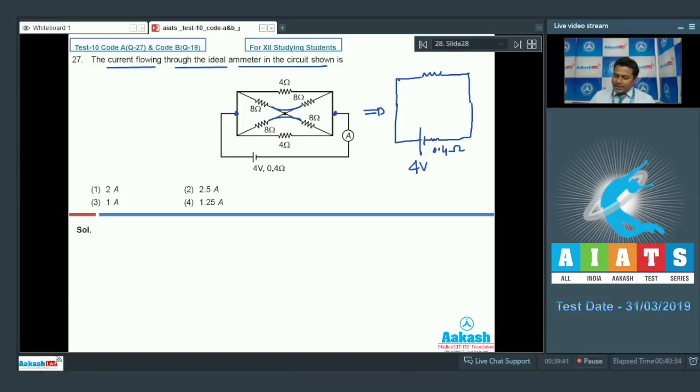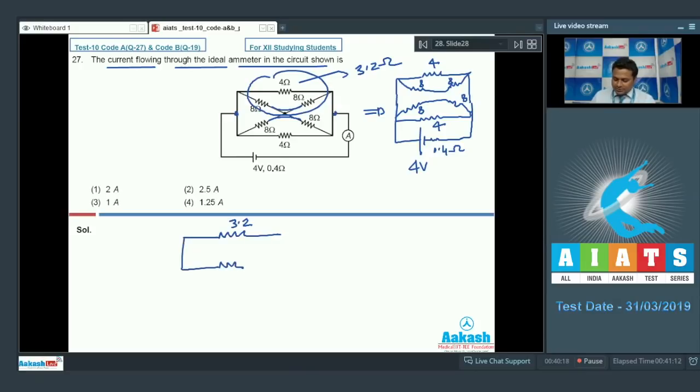8 and 8 right here, 8 and 8 right here, and one more 4 is this. So 4, 8, 8, 8, 8, 4. 8 and 8 will have a combination of 16. The parallel combination of 16 and 4 will give us 3.2. So from them we get 3.2 ohm, and the same is below, that is 3.2 ohm,